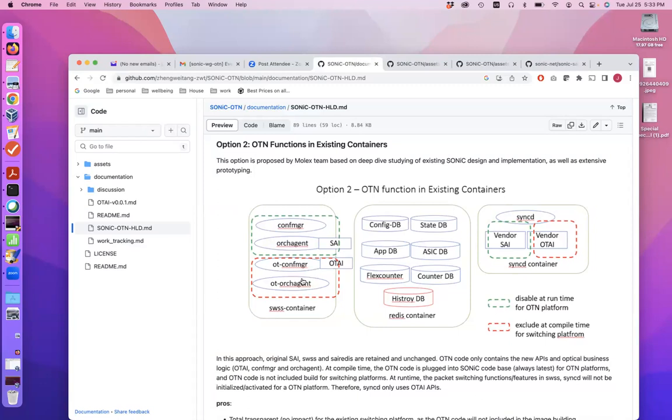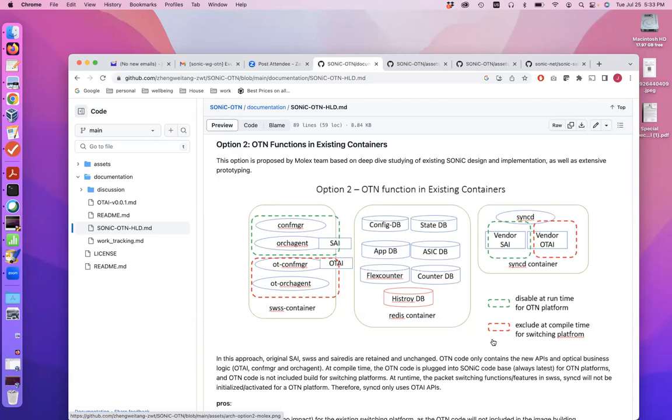We just insert, like plug in, the optical business logic into the existing containers, still SWSS, Redis, and also syncd, right? But of course, optical and the packet switch don't really have any common functions, right? So we introduced some kind of